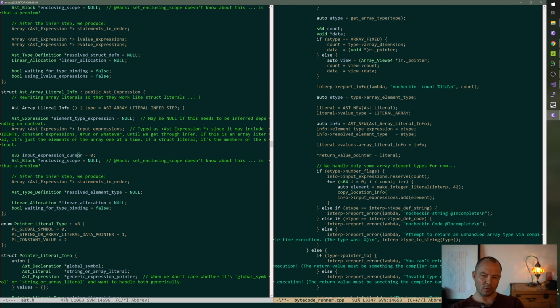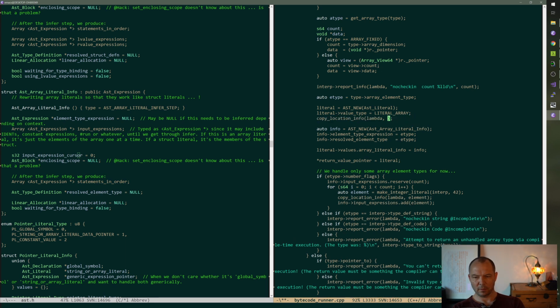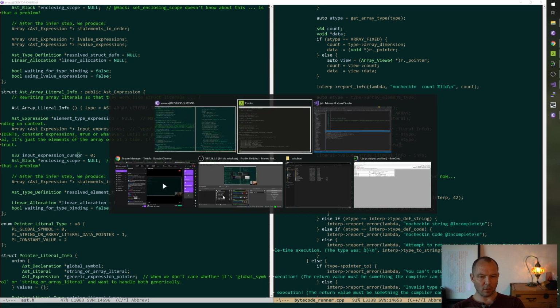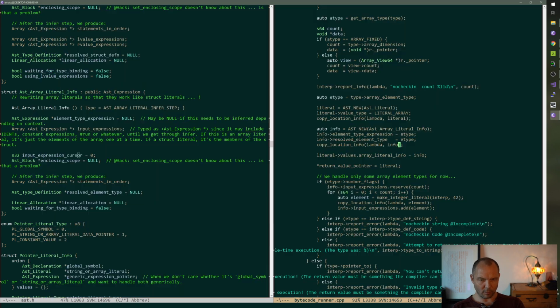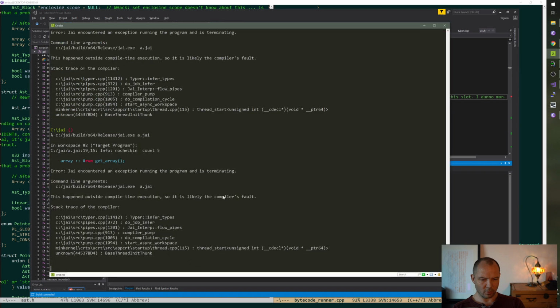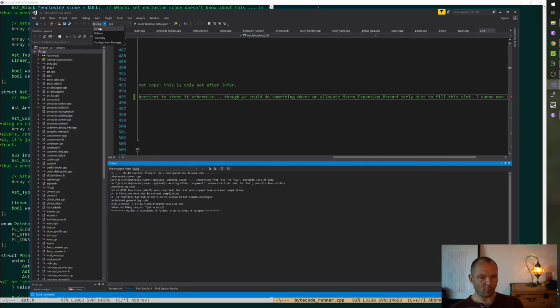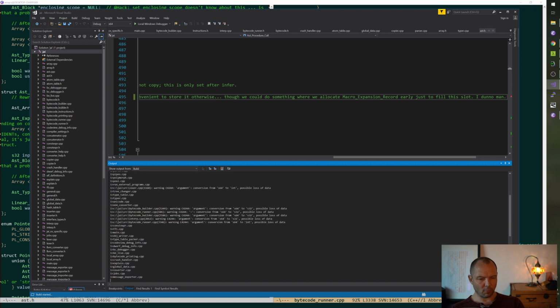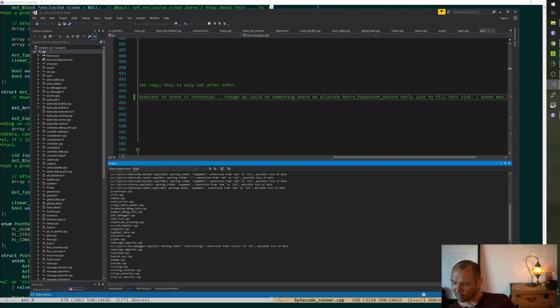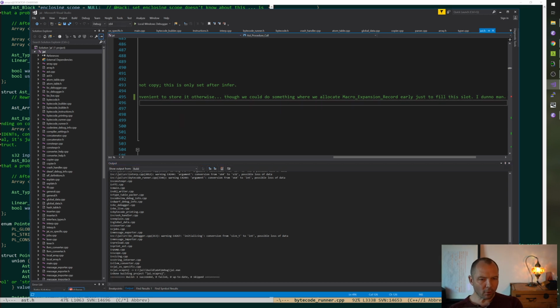We'll put a location on there, just in case that helps with error message reporting. It doesn't help that much, but we should really assign a source code location. Yeah. So it still crashes. No surprise. Question is why? Why does it crash?